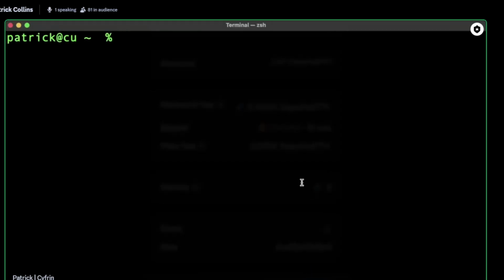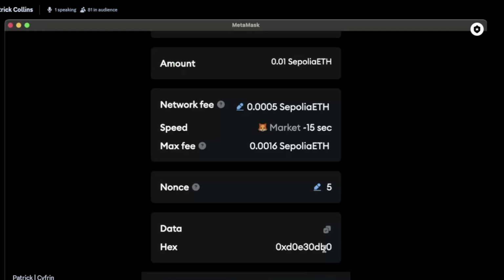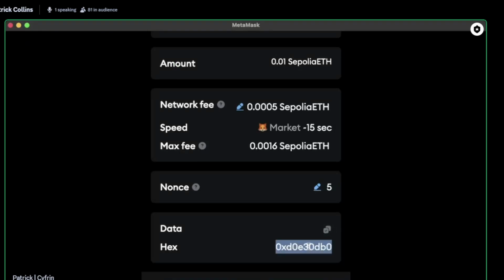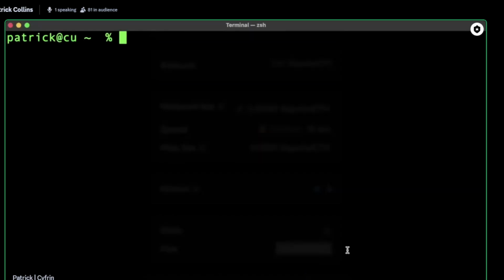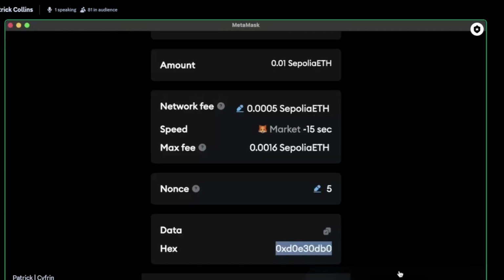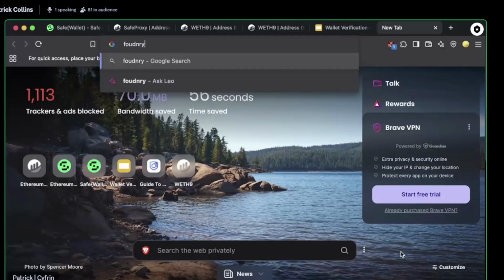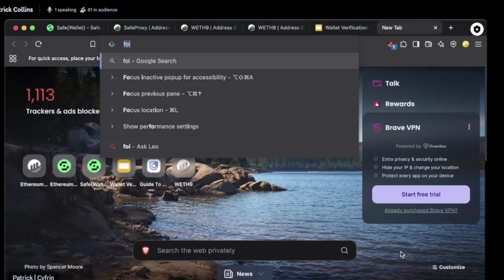So what we can do is see this hex data, and make sure that the function that we're calling matches this exactly. So I want to call the deposit function. And so what I can do is use Foundry's cast, which, if you don't have Foundry, Foundry